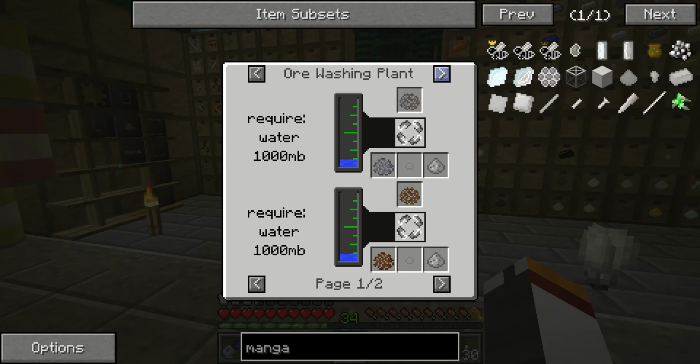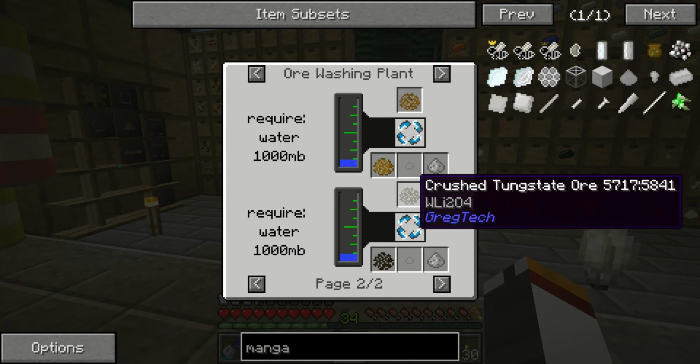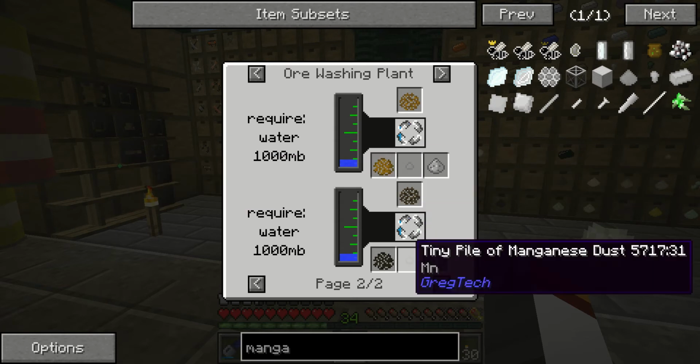So if you're like me and you're just having bad luck finding a manganese-bearing ore vein, there is an alternative, and that would be tungsten. If you find a tungsten-bearing ore vein, now those tend to be kind of rare as well. I don't know if they're as rare as the manganese-bearing ones though, because I tend to see a few more of the tungsten ones than I do of the manganese ore veins. But when you do find this, you can use your ore washing plant to get this stuff,